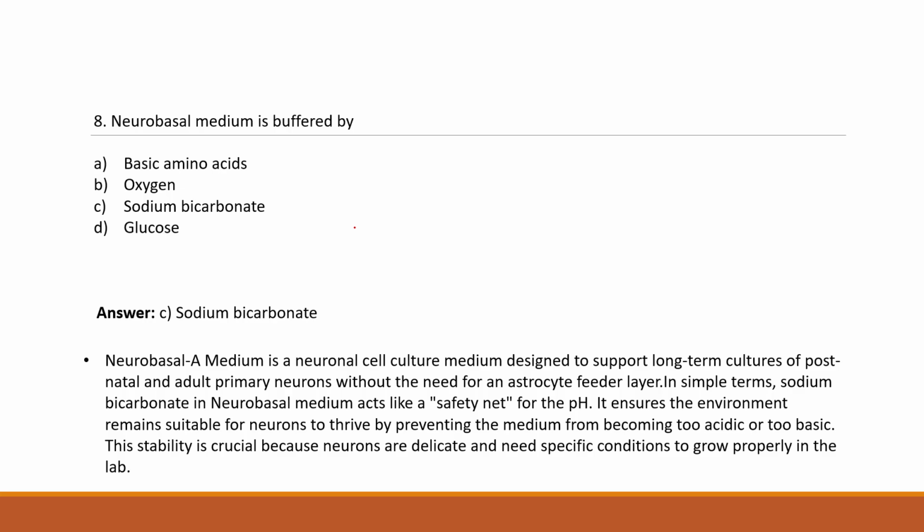Your feeder layers can come from primary astroglial cells, or they can be cryopreserved and then used. But that is one extra cell type in your experiment now. So if you don't want the involvement of astroglial cells, then you have to maintain your neurobasal medium in particular buffered conditions and give it all the necessary things required for it to network and grow and